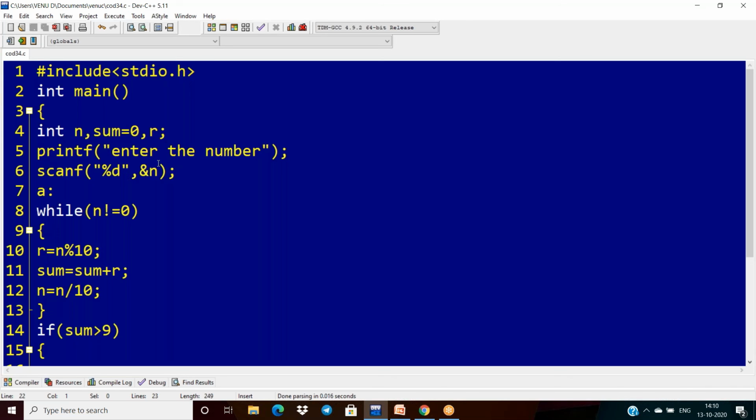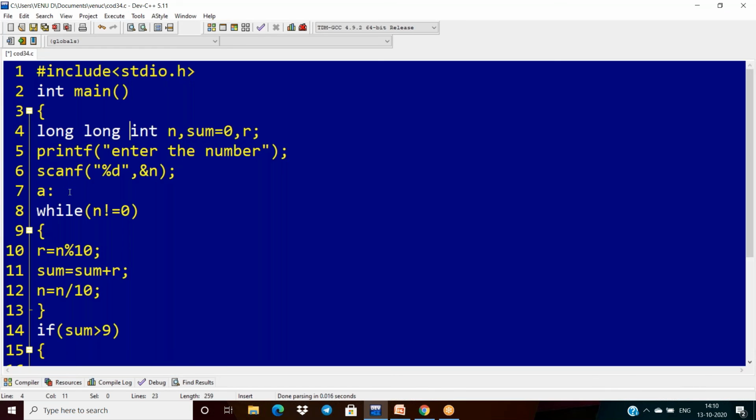But anyway, here I am using DevC++. For the DevC++ compiler, the integer range is 4 bytes. It occupies 4 bytes of memory, and the range is minus 2 power 31 to 2 power 31 minus 1. So that is why I have to take all my inputs as long integer.